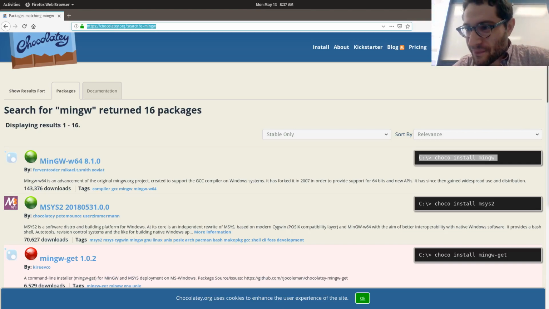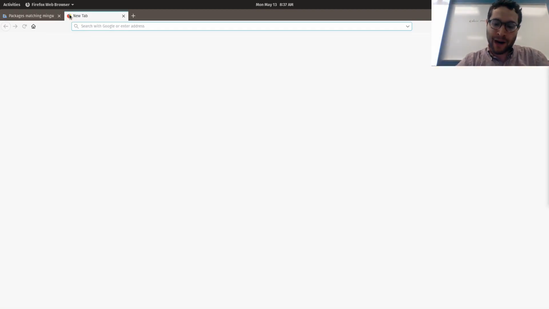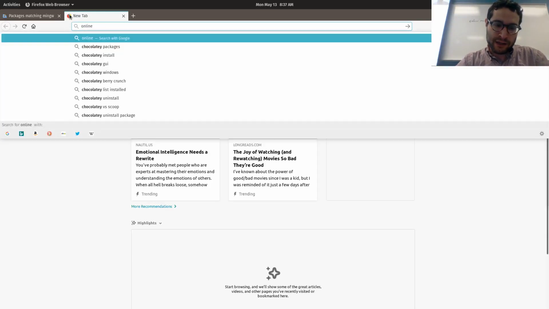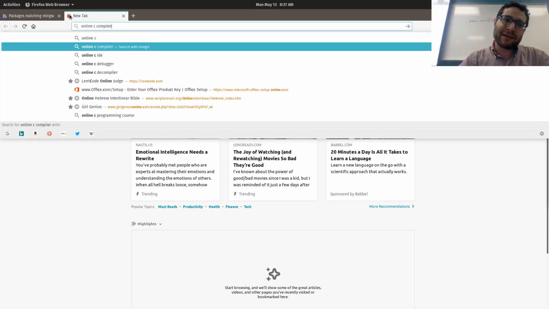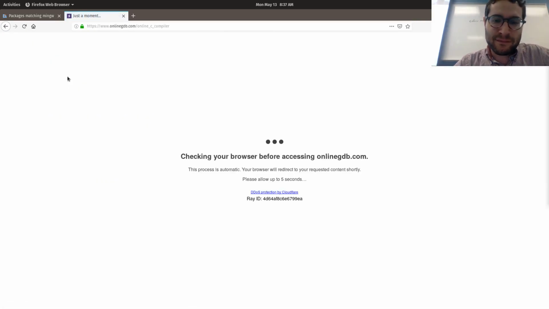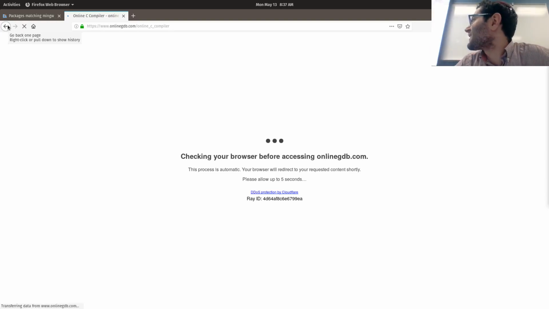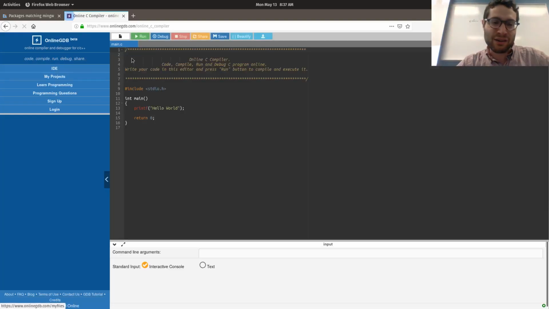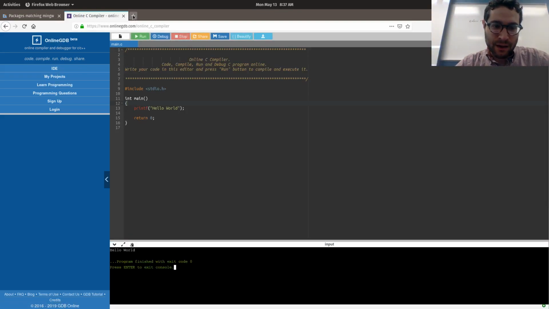But, okay. Once you get it on your computer, you can start coding stuff. There are also online compilers. With an online C compiler, you can write some of the basic programs online. Here it is. I'm just making sure I'm not DDoSing their server or something. You can program here online and run it. And yes, that's very tiny.